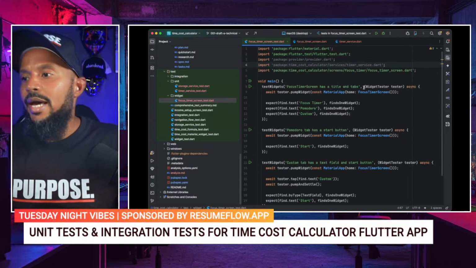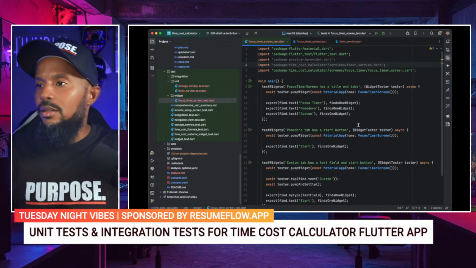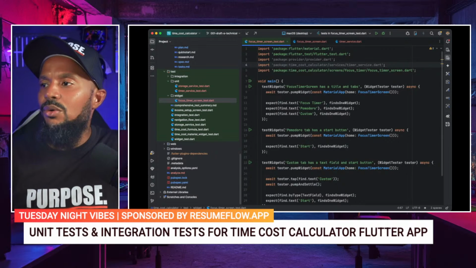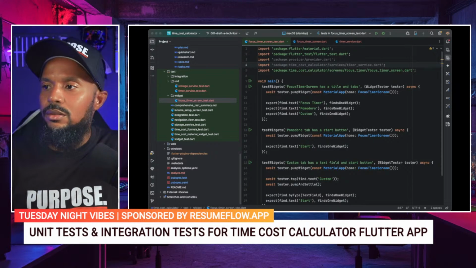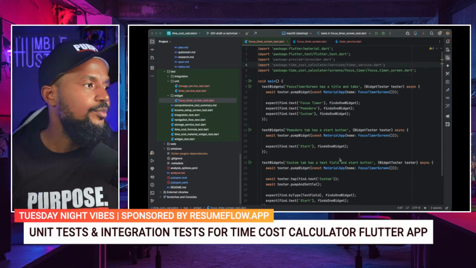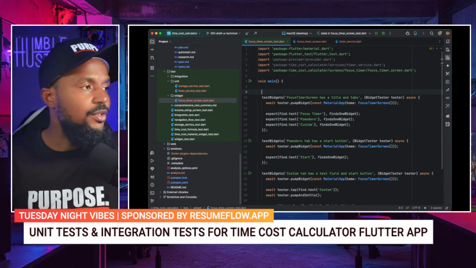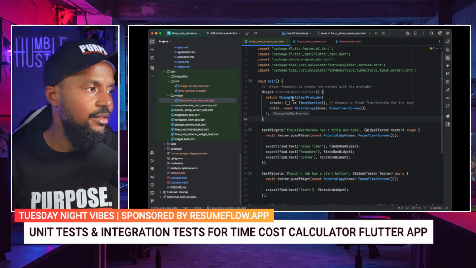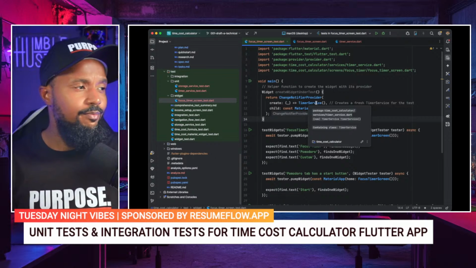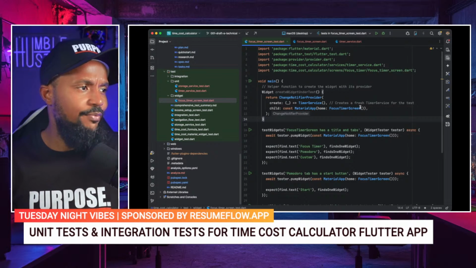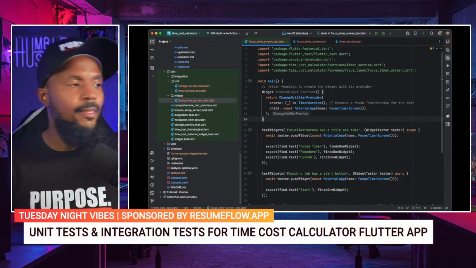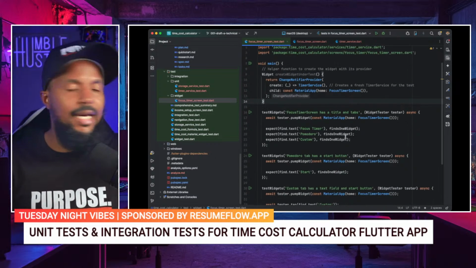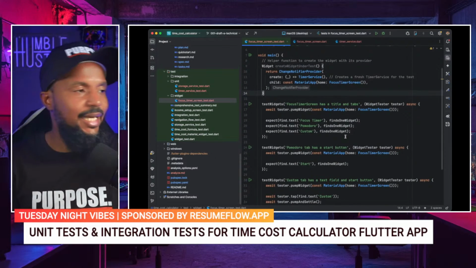All right, now outside, so we have main. Now we need to add our helper function, which is going to be, get the comment as well. So the helper function is going to say helper function to create the widget with its provider. ChangeNotifierProvider, create TimerService, MaterialApp, FocusTimerScreen. Okay, cool. Now, if we look at test widget, has title and tabs,